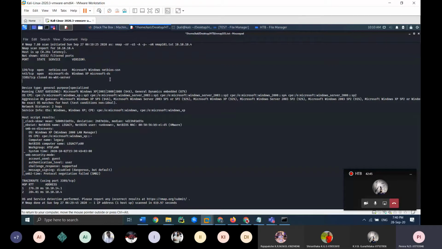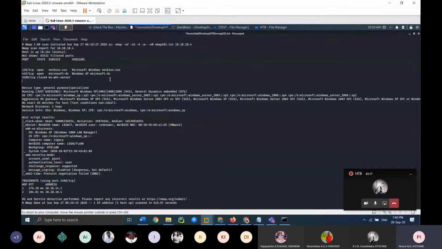But in an interview, if somebody asks what the SMB ports are, you can say 139 and 445. That is the answer you have to give. So if this is running SMB, there is a high possibility of it having an SMB vulnerability.